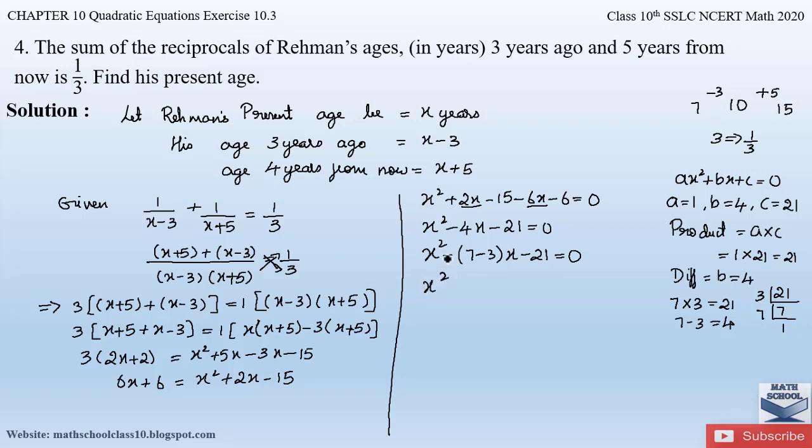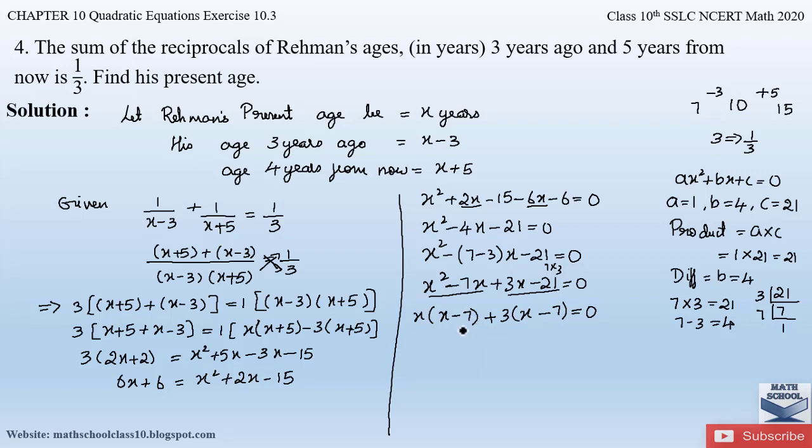So x square minus into 7 will be minus 7 into x, then minus into minus will be plus 3 into x minus 21 is equal to 0. Now let us take common between these two terms and these two terms. So what is common here? X is common. So x is left here and minus 7. So again here we will take the plus sign since the plus sign is there. So here we will take 3 as common. So x is left. So plus into minus will be minus. Since 21 can be written as 7 into 3, we are taking out 3 common. So 7 is left behind. So this is equal to 0.